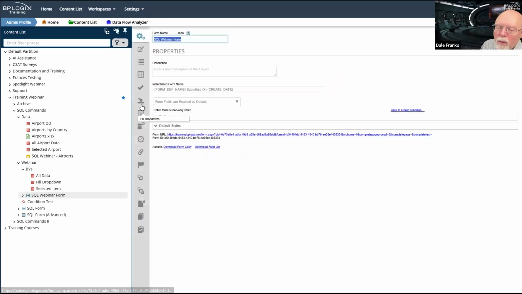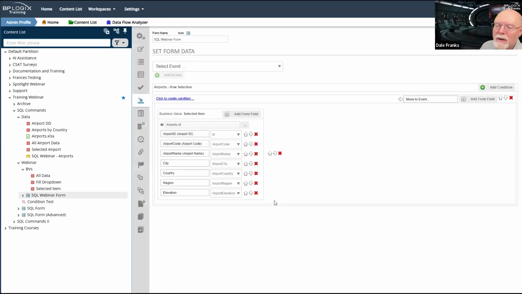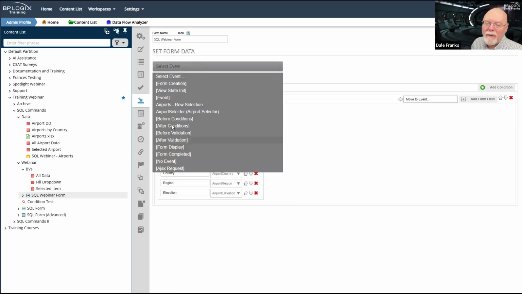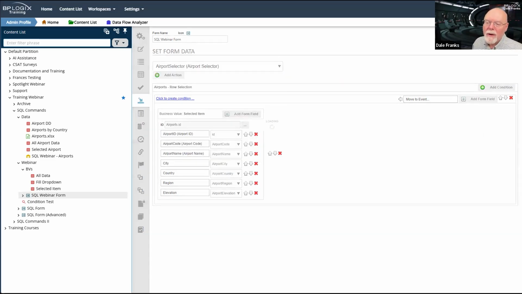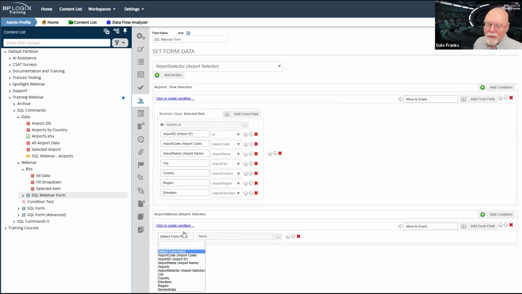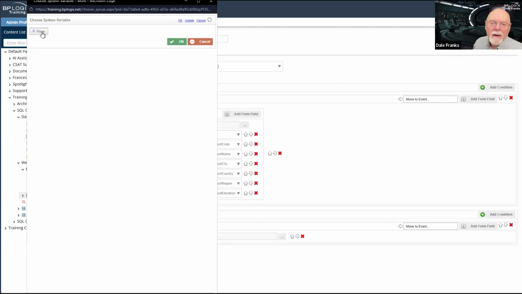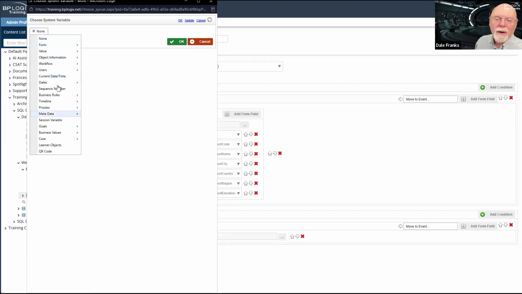So we'll just go back to our set form data. And now I have an event called airport selector, which we will add an action. And we're just basically going to do the same thing that we did before, where we're going to set the airport ID to our business value.